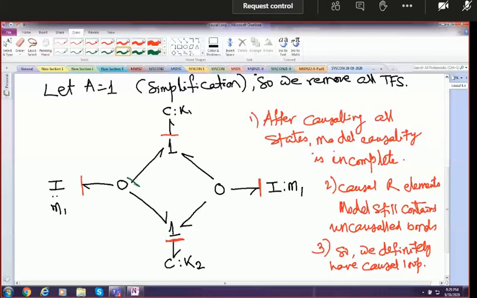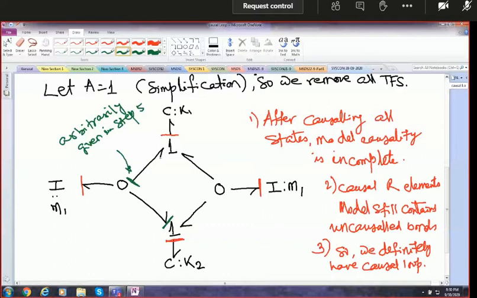So this is already there. So the other two should be away. One is already away. We put this one here. Again, this is a one junction. This is the strong bond of the one junction, because one bond can be causal away from a one junction. So already one bond is causal away. That means the other two should be near. C is to K1 is already near. So we will put the other one near also. So that's how we have done.